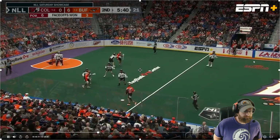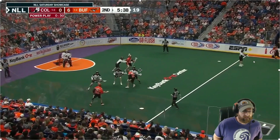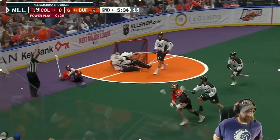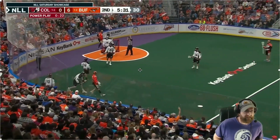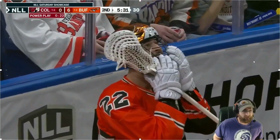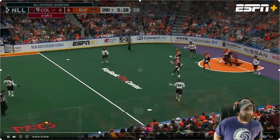All right, so here, Buffalo wins the face-off. Come back down. Josh Byrne comes sprinting off the bench. Leaps. Beautiful save, Dylan Ward, but he also gets a penalty. They call a goaltender interference, so it's now going to be 5-on-3. Spanger had a 2-minute holding penalty earlier, and Buffalo scored a shorthanded goal. Now we come down,